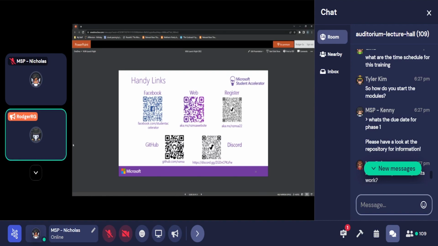Izzy, how does experience points work? So each module in MS Learn has experience points attached to it, and when you complete it, you get those experience points for your MS Learn profile, which is free to sign up for. So all you have to do is pass that 34,000 threshold by doing modules, essentially, over the course of the next 10 weeks.